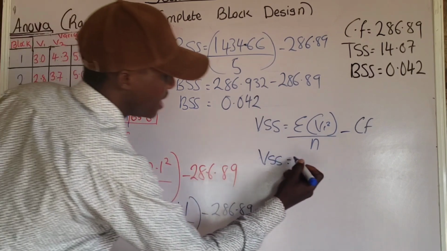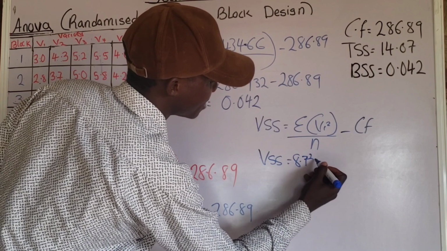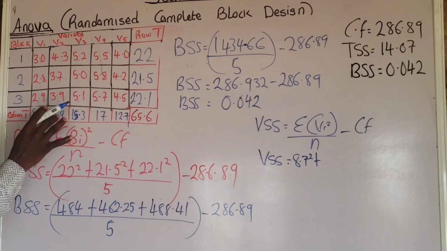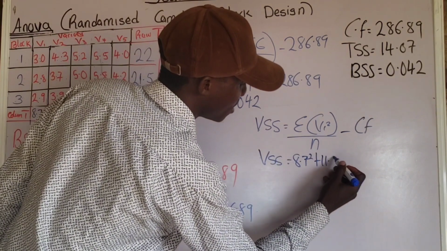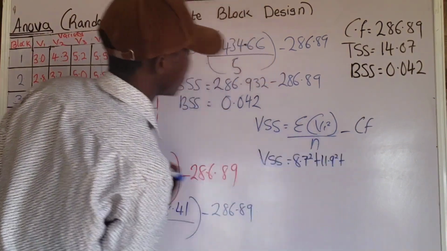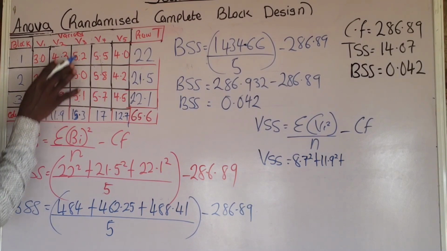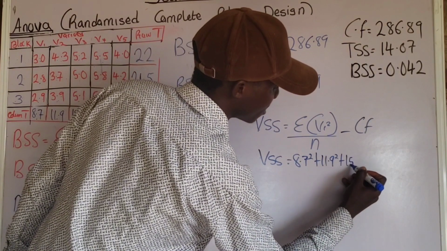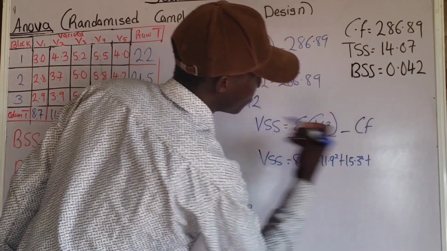So I'm going to have 8.7 squared plus the second variety, V2. The sum is what? 11.9. So I'm going to have 11.9 squared plus the third variety, V3. The sum is what? 15.3. I'm going to have plus 15.3 squared plus